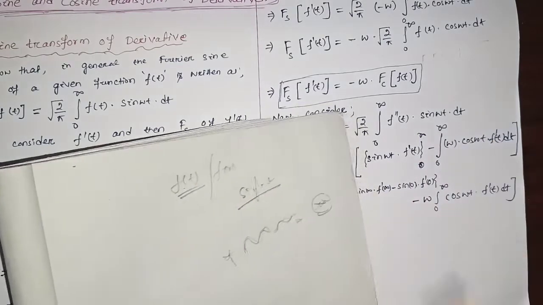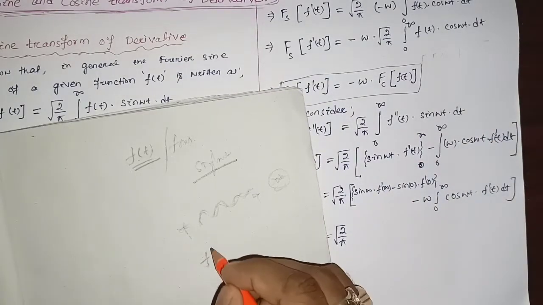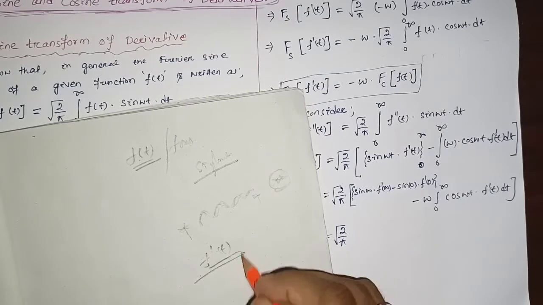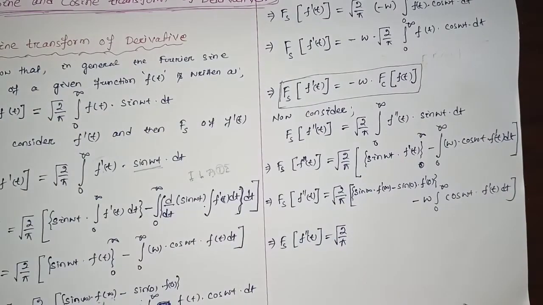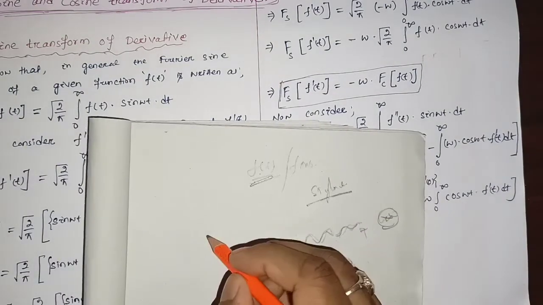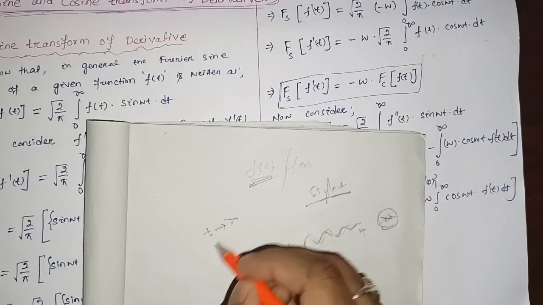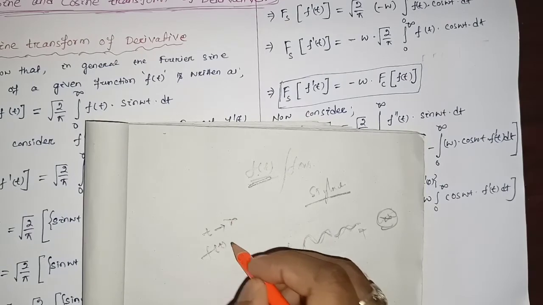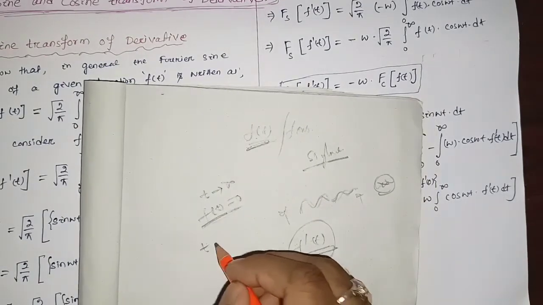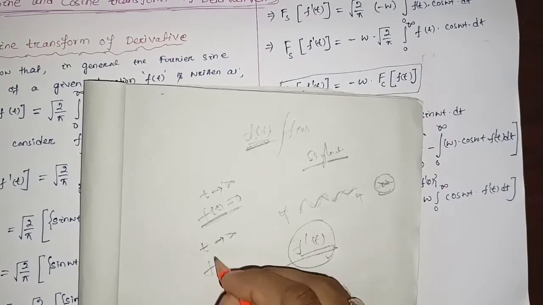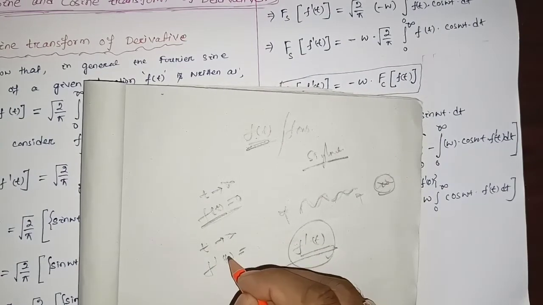If it is continuous, then obviously its first derivative f'(t) will be continuous everywhere. So as this signal f(t) at t tends to infinity, f(t) equals 0, and obviously as this function is continuous, as t tends to infinity, f'(t) will be